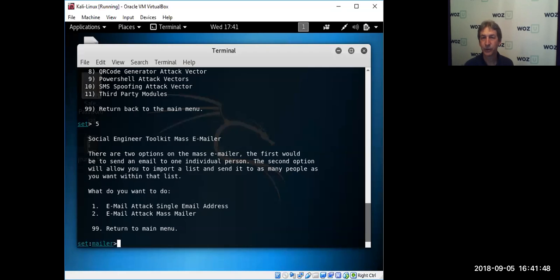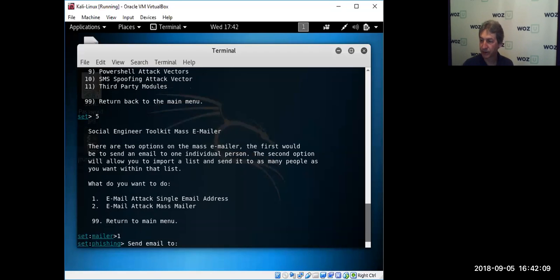And then when they are able to log in, or attempt to log into the site, we will capture their credentials. It's a simple little exercise, but it begins to give you an idea of the power of these things, because this software has the ability to clone any website, and it actually already has, like if I just start to go down and say I want to do a single, well,